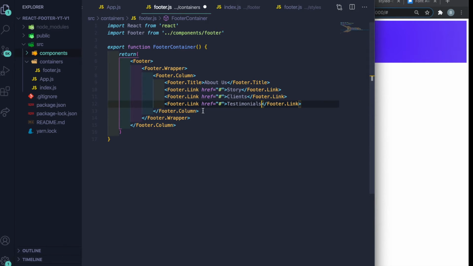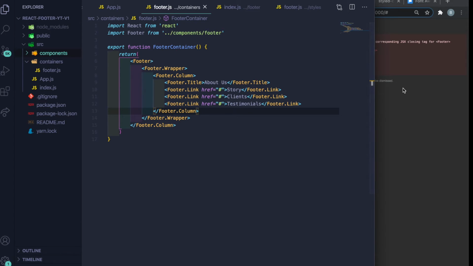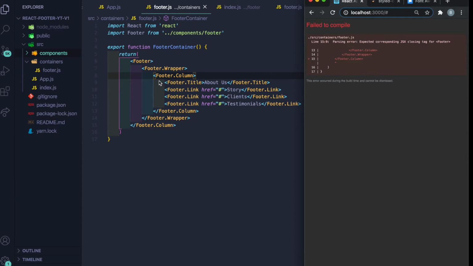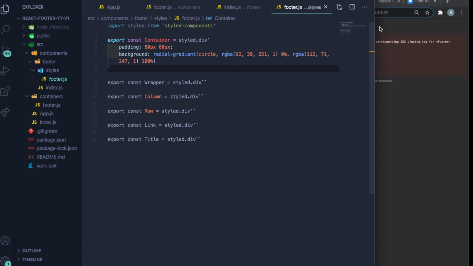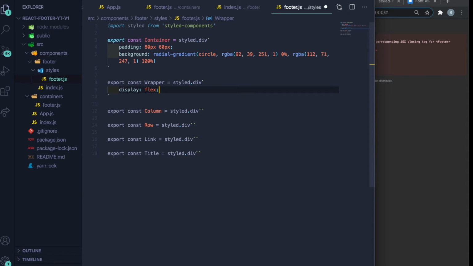All right, so now if I save this, nothing's going to show up because the footer wrapper, column, title, and link have not been styled yet. So let's actually go back now to the styles so you can see in real time what we're doing. Let me go to the Wrapper. I'm going to go inside the Wrapper, enter in here and press tab, and I'm going to say display: flex,